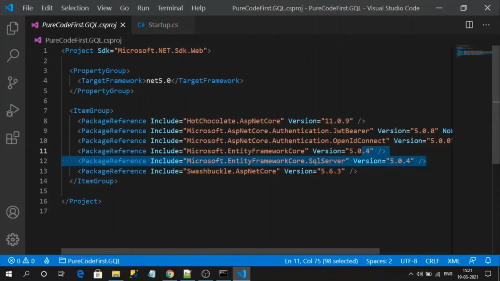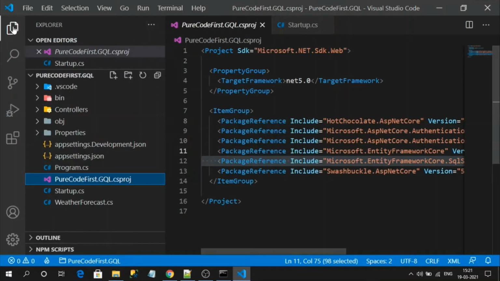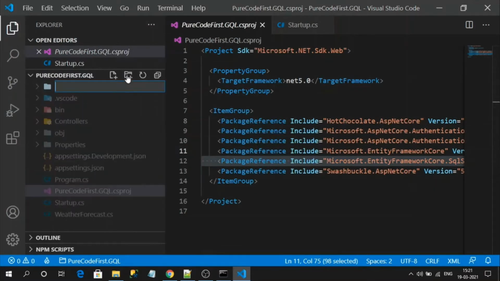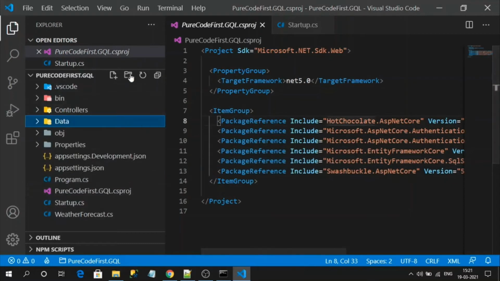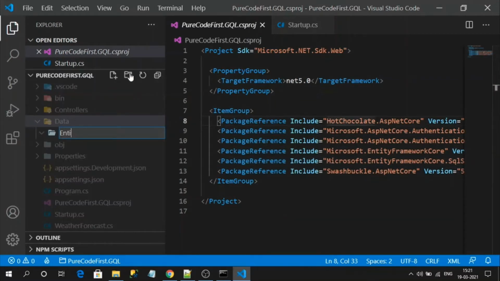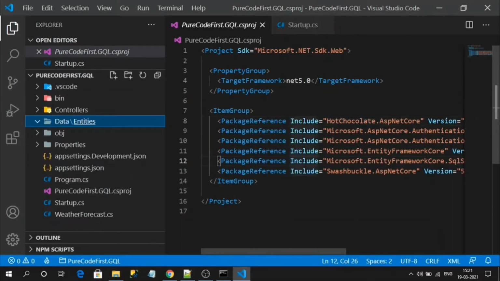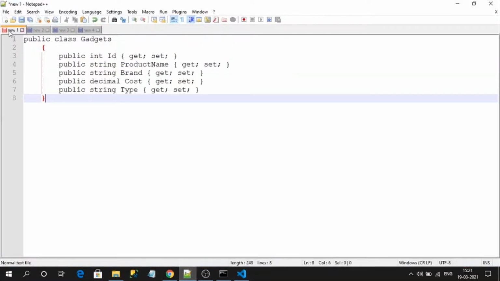First thing, I will create an entity that represents my table. Let me create a folder called data, and inside of it one more folder called entities. I already have snippets, so I will use them as is.